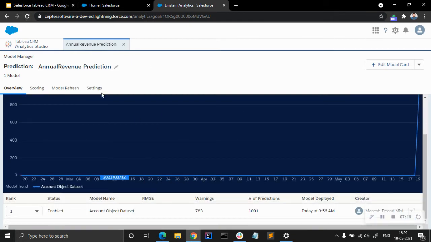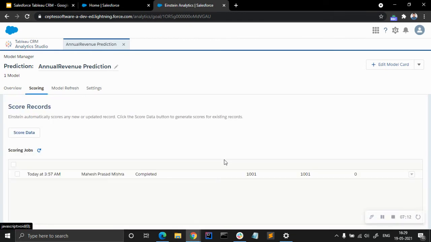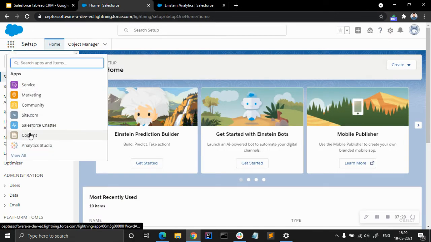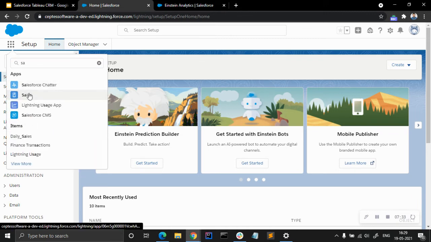So you can see here, if you go to scoring, the scoring is completed. The number of rows it has scored, the total records selected and scored successfully, is 1001. Now let's see if the scoring has been successful or not. So we are just gonna go to sales, I think. Yeah, sales,